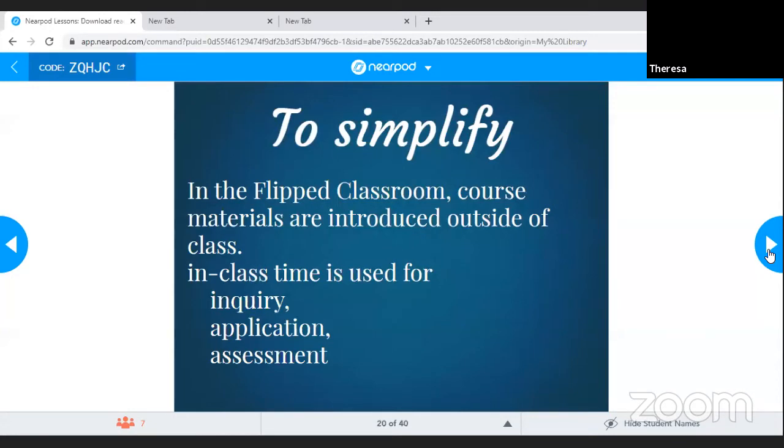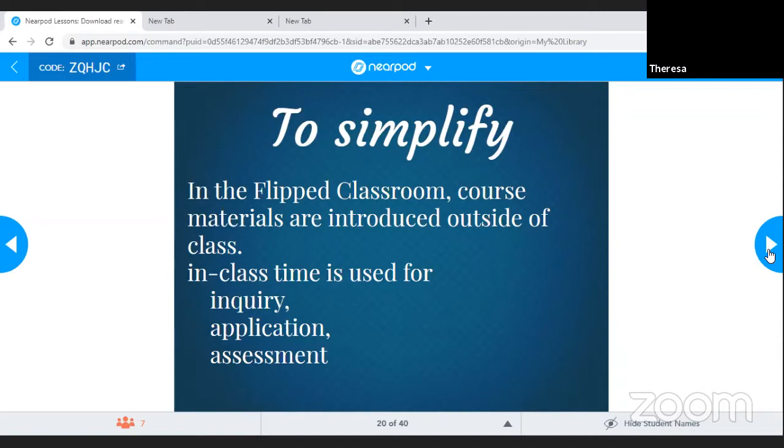So in the flipped classroom, what we are proposing is that the materials for your course are provided to your learner outside of the classroom, which means the old idea of homework takes on a new approach, if you may, because the content that you would be providing may be a selection of paper, digital, or whatever platform you would like to use.